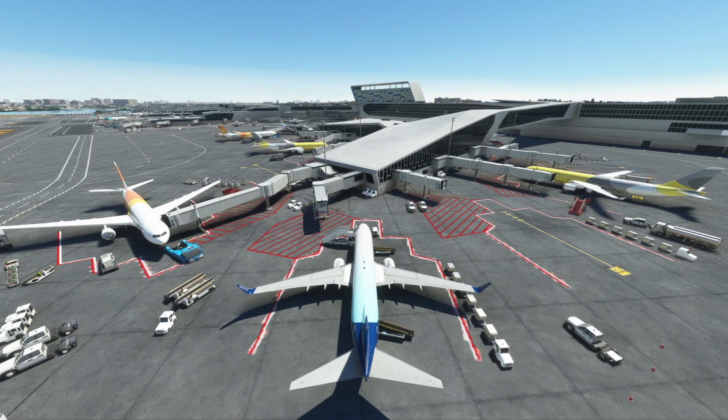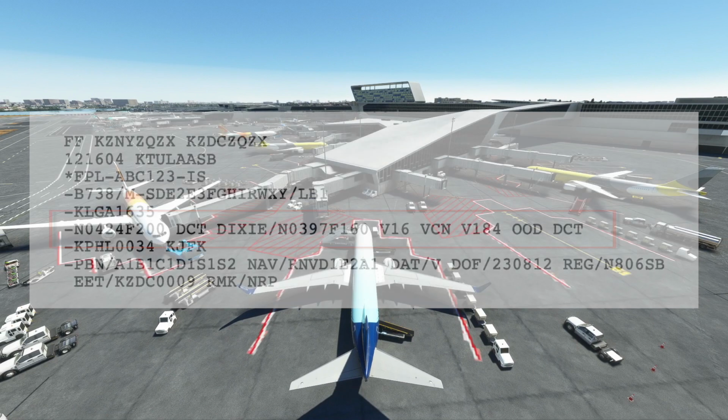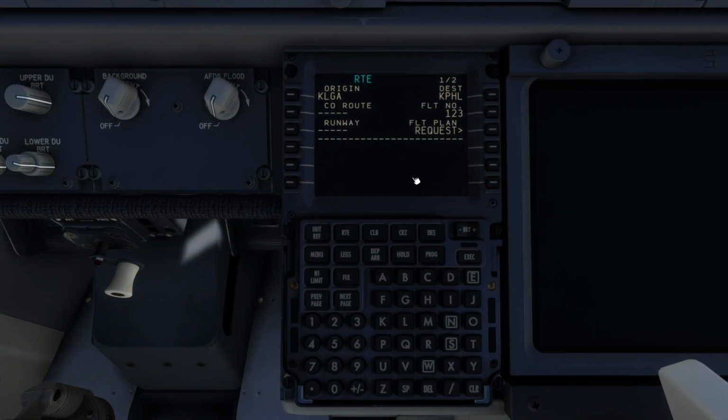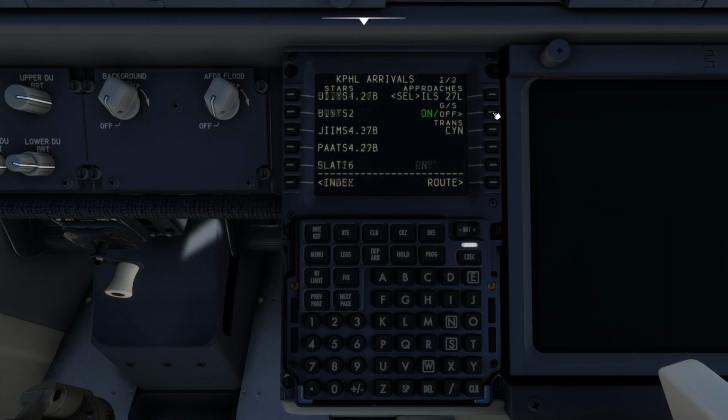The weather report shows aircraft are departing on runway 22. If a departure was on the clearance, we would then add that. For now we'll plan direct to Dixie, then Victor 16 to Cedar Lake, Victor 184 to Woodstown, then direct to our destination. Let's enter that now. Entering the arrival and expected landing runway can populate part of the route.